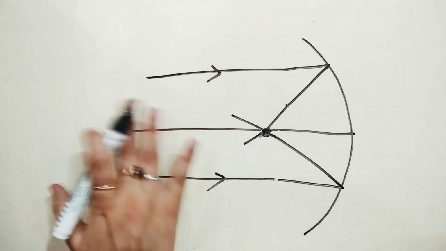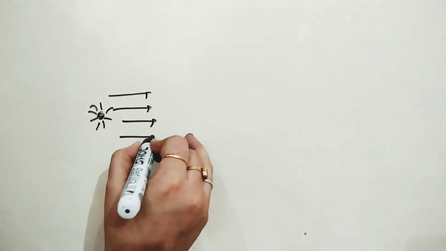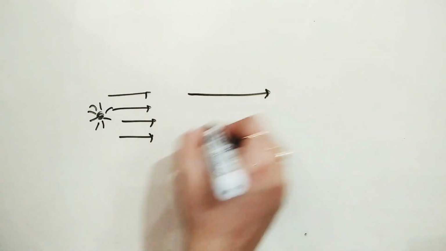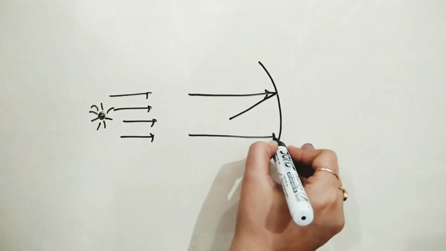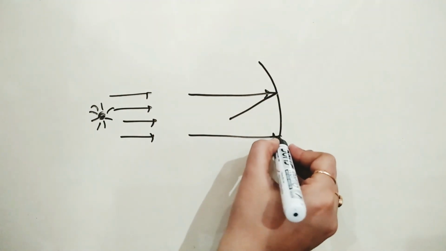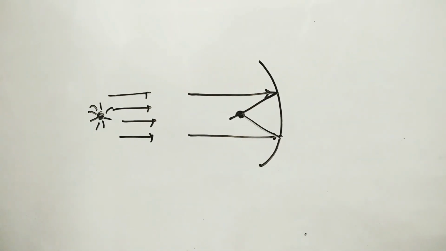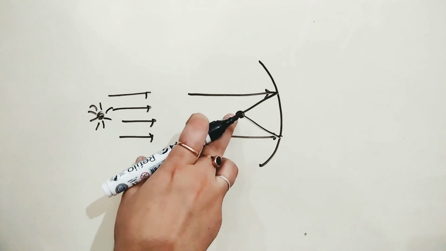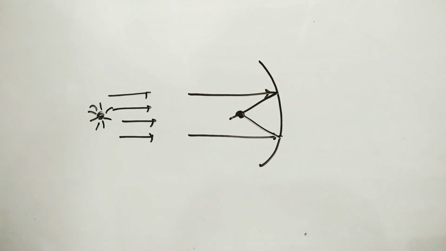We will discuss now the rules of image formation. For the image ray diagram formation, we choose an object that emits a large number of rays, but we select only 2 rays to the surface, and these rays after reflection, the point where they are meeting is the point of the image formation. So for the image formation, what are the rules we use? Now we will discuss those rules.